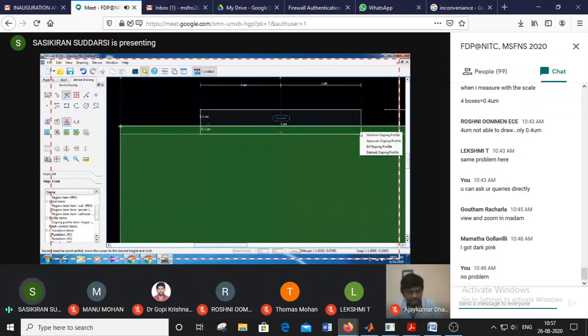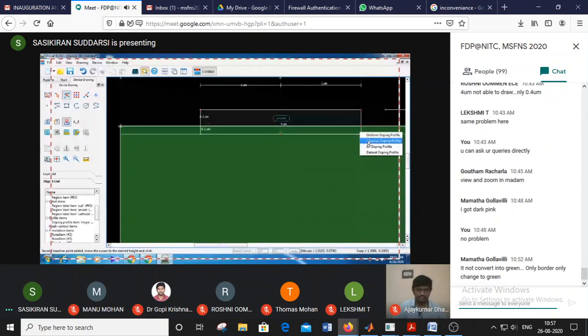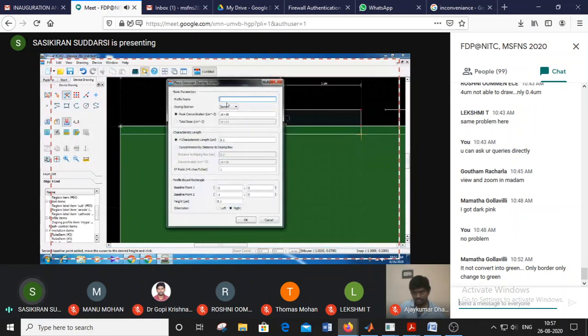For this one I am taking the Gaussian doping profile. I already took the N material, so here we need to take the p-type material. Just type p-type. P-type means it has an acceptor concentration, and that concentration is 10 to the power plus 19. So we change it from 16 to 19.